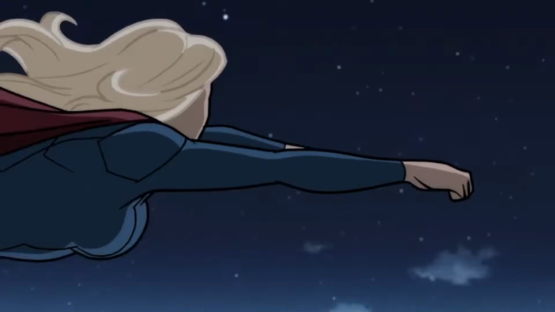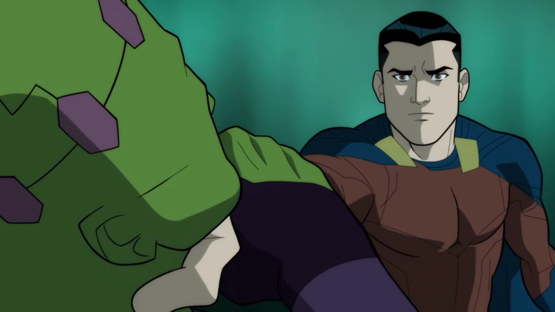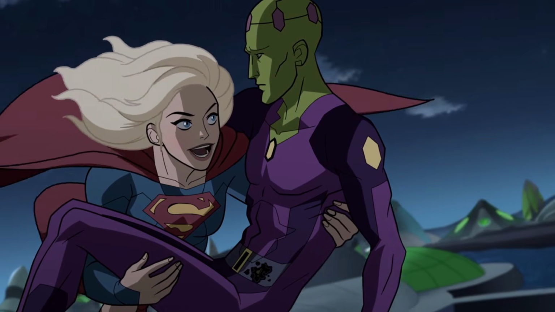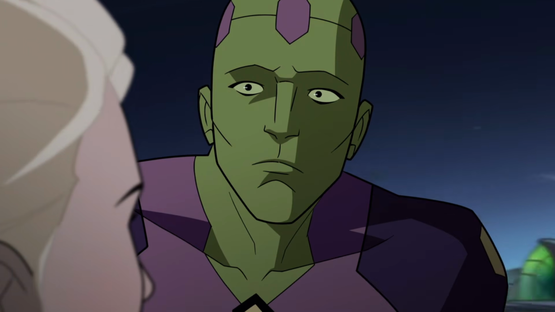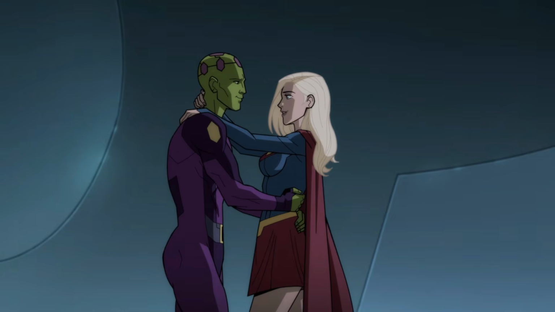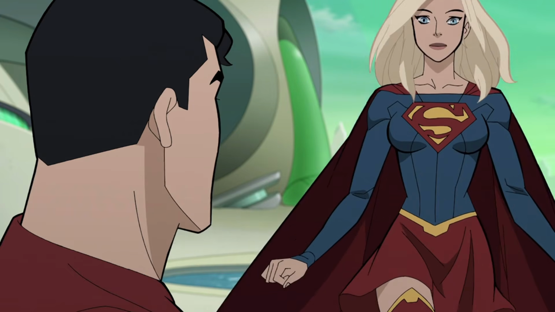But let's be honest, despite all its potential, this film had weaknesses. Unlike previous works in this universe, which had strong narrative focus, Legion of Superheroes conveys a feeling of being rushed. Important story beats and character development, like Kara's relationship with the Legion, progress too quickly.